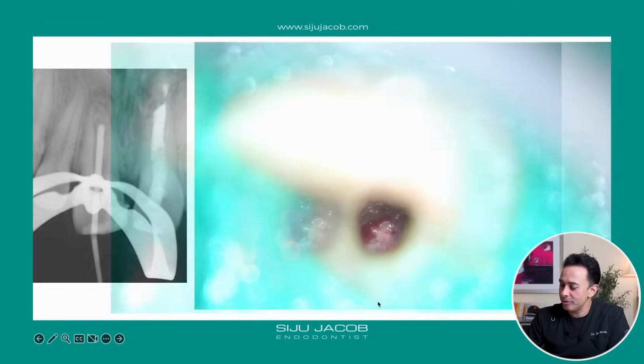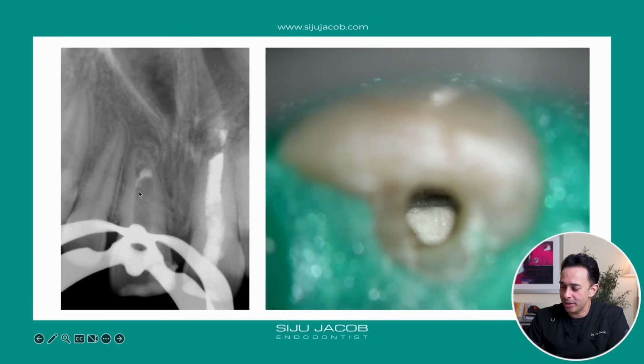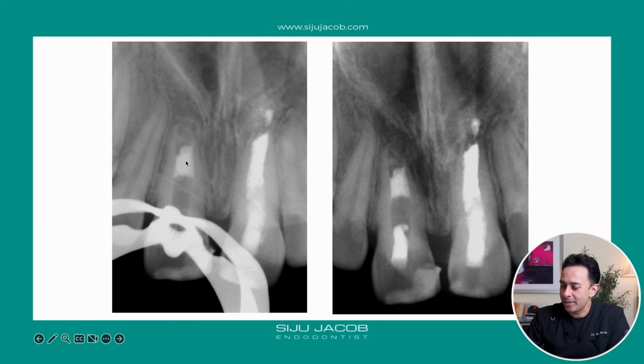Okay, so what we did was we put MTA into that tooth there. So you can see here, I put a blob of MTA and then again visualized it through the surgical microscope. This might look like it's short, but the fact is this whole area is actually calcified, although you can't see it on the X-ray. Even if I put pressure on this MTA, I can't push it anymore because there is a barrier formation here. So that's the MTA there.